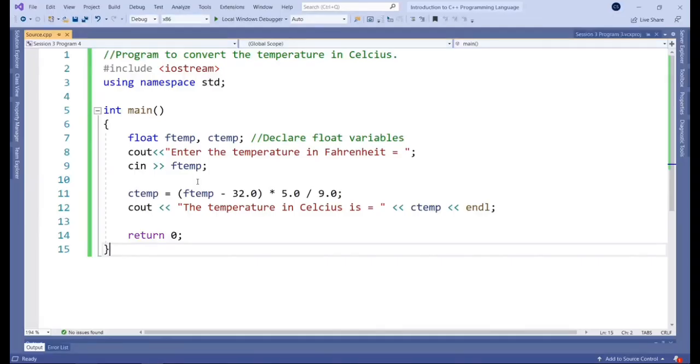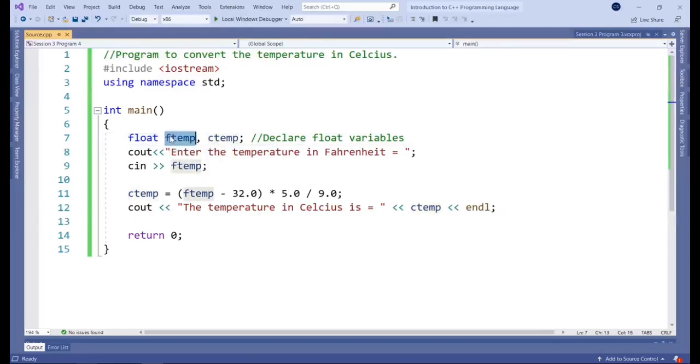Welcome back, guys. With this program, we're going to be taking in a temperature in Fahrenheit and converting it to Celsius. So in the beginning, we should be thinking, what pieces of data am I going to need to store? With that line of thought, you should come up with the temperature. So you have two temperatures, the F temperature and the C temperature, which are the two variables that we've chosen. And they're both going to be floats, as we're going to be dealing with decimal points.